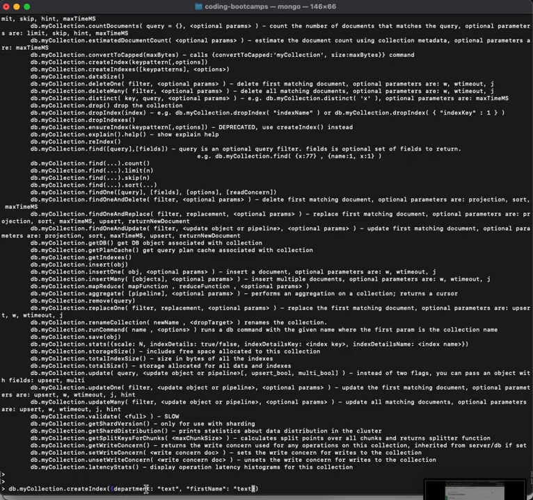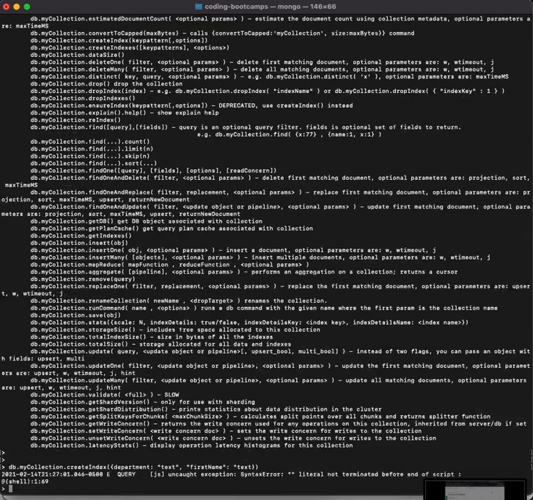say that this index is for department and first name. So we'll get a unique entry into this index table per each record with a different department and first name. So we're going to click enter,